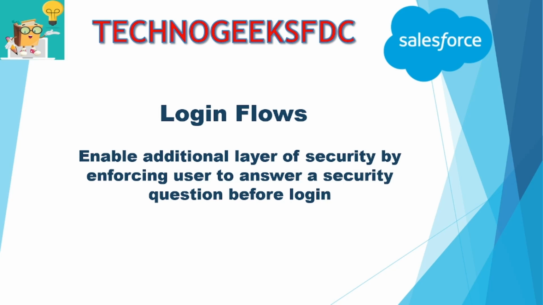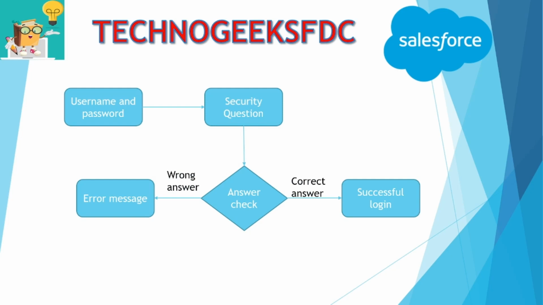Okay, so basically how do login flows work? When you set up a login flow in Salesforce, initially you will get the same username and password screen where you enter the username, you give the password, and then as soon as you click on login, it will launch a login flow. So let's say in our case, we want to set up a security question. When the login flow launches, it will ask for a security question, and